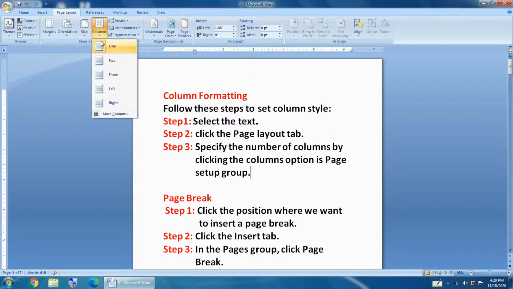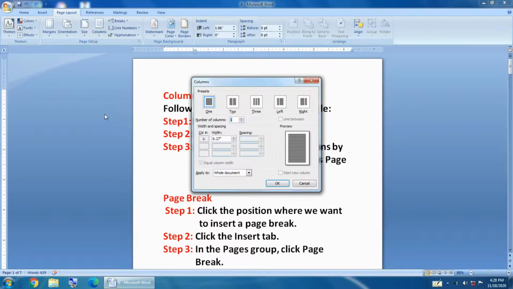Step 4. We can also click more columns to get the column dialog box. Step 5. The number of columns we want to create can be chosen in two ways. 1. By clicking one of the preset column formats in the preset group boxes. 2. By entering a number in the number of columns box.